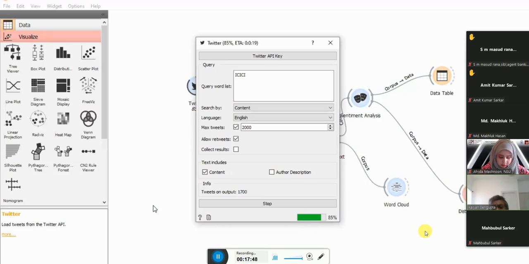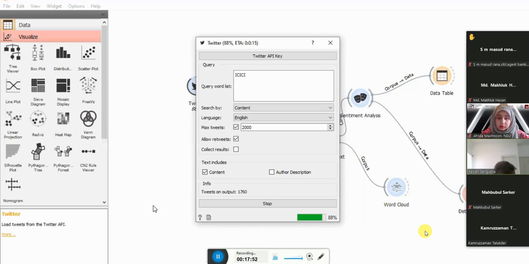So we are near the end of it. That is the ICICI Bank. So 100% of the data is accumulated.